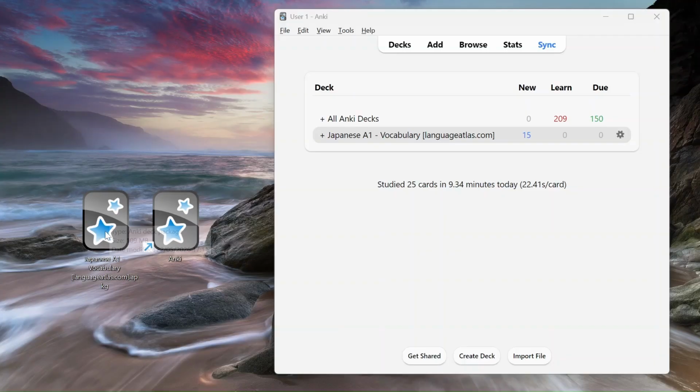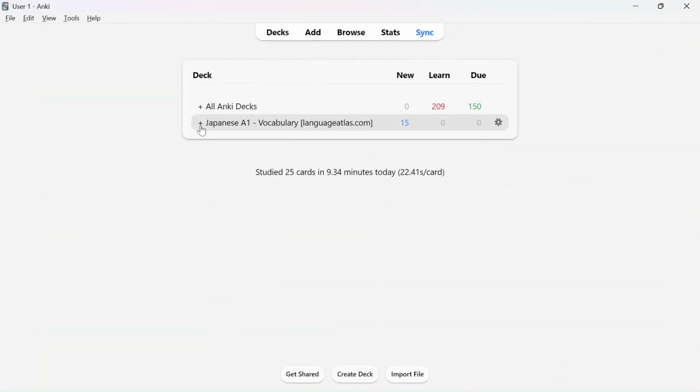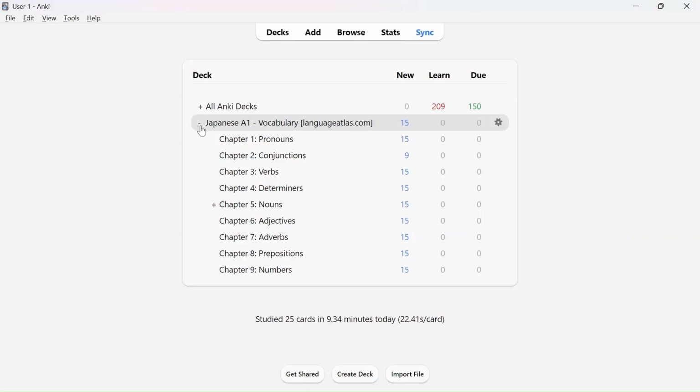Now, as you can tell, I have the Japanese A1 vocabulary Anki deck right over here. Normally you would double click on the Anki deck to open it, but I've already done so, as you can see right over here. So I'll maximize Anki, and I'd like to get started with my first point, which is to show the course